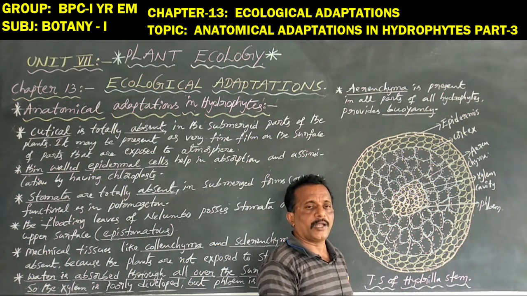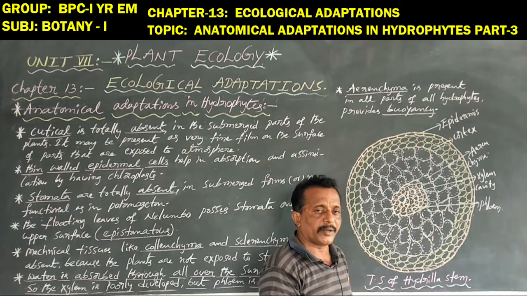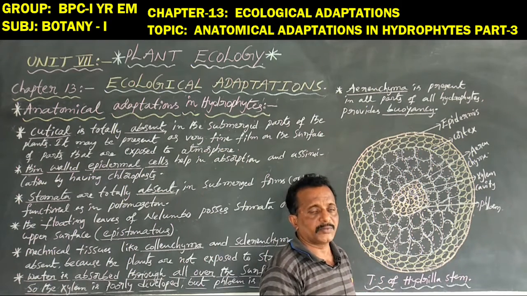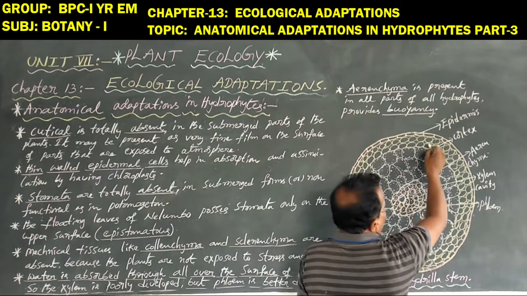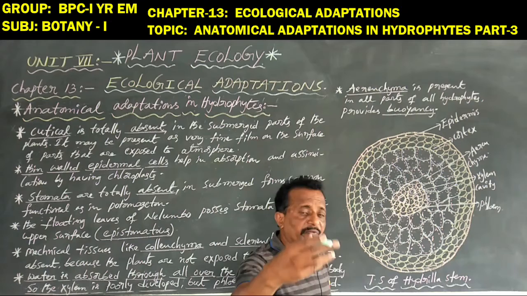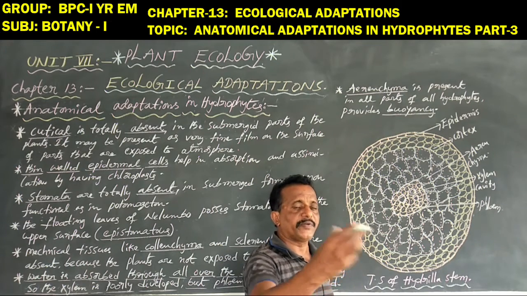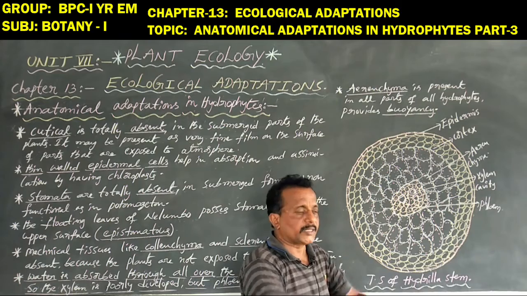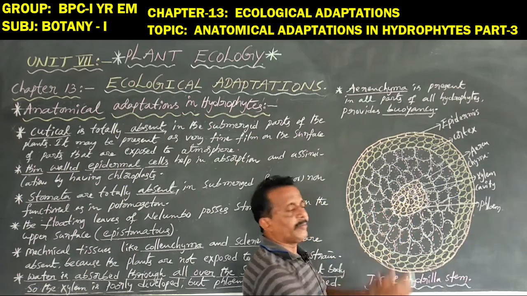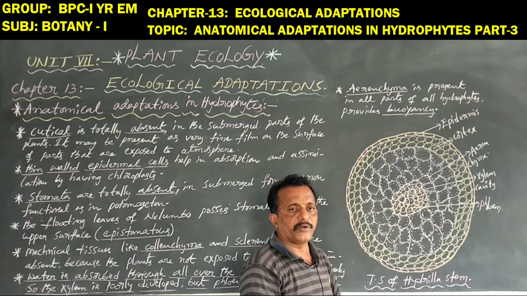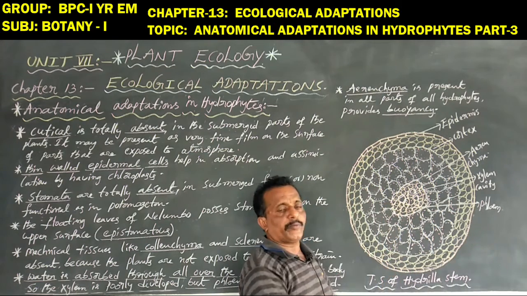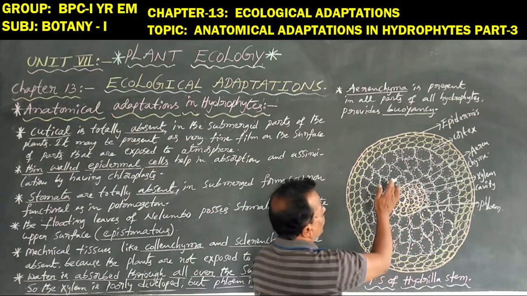In general, in all aquatic plants, the plant body is made up of parenchyma. So the cortex is two or more layers. Some of the cortical layers are also filled with air, also filled with gases. So these cells appear as balloon-like structures filled with gases. So easily these plants are free floating on the water surface.